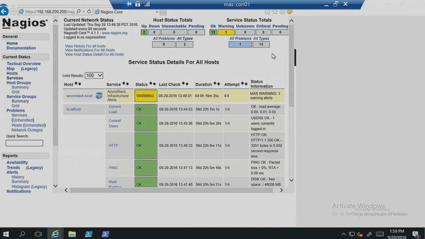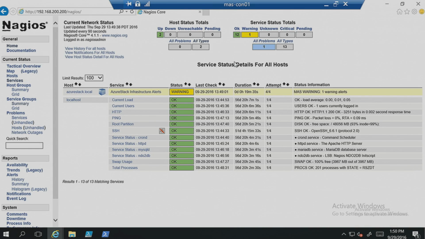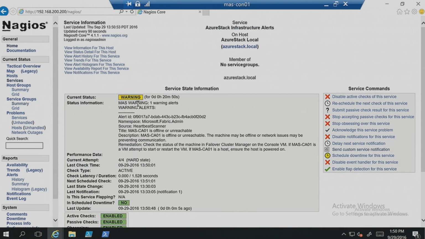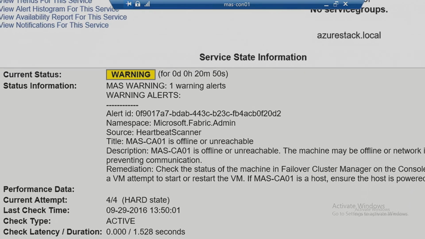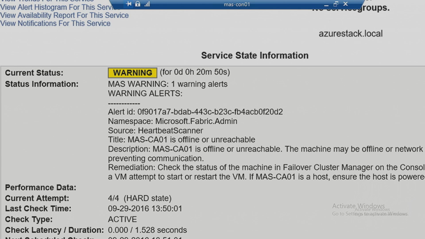So I'm going to start by showing you Nagios Core Edition. So we see Azure Stack instance is registered, and we see a warning for a service. Let's drill in. So we're retrieving the same severity, a warning. We're going to retrieve the alert ID.